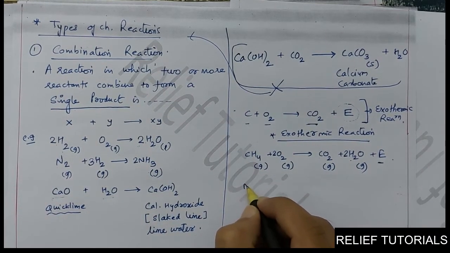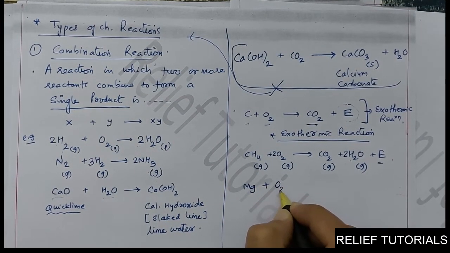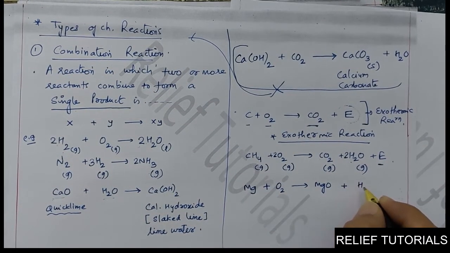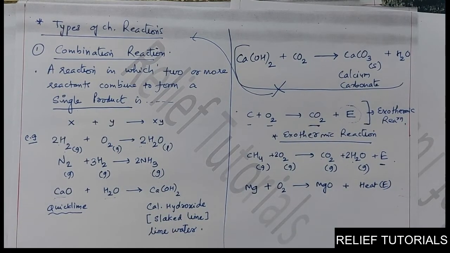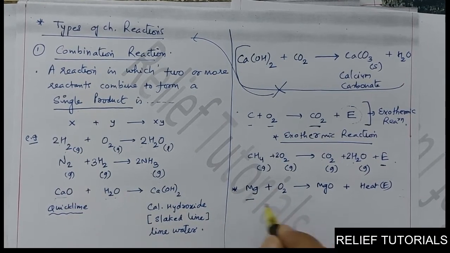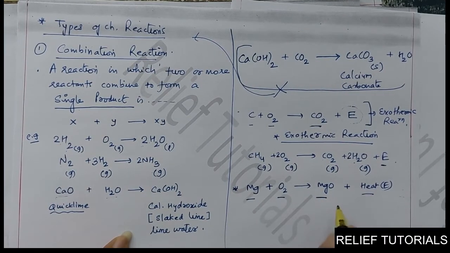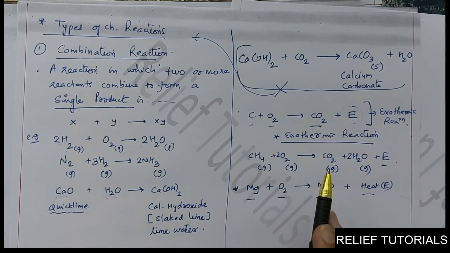Okay, when magnesium strip, again the old example, when the magnesium ribbon or the magnesium strip is burnt in the presence of oxygen, it gives out dazzling white light. It gives out magnesium oxide as a product, and also it releases heat, meaning it releases energy. So if you see this example carefully, one reactant reacts with another reactant, they form one product and also the energy. So this is an example of a combination reaction, as well as an example of an exothermic type of reaction.